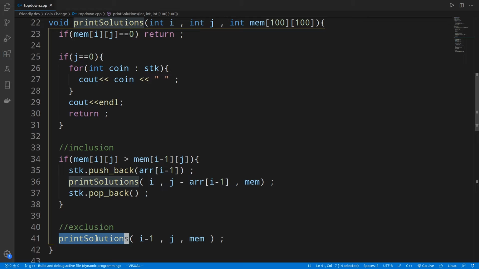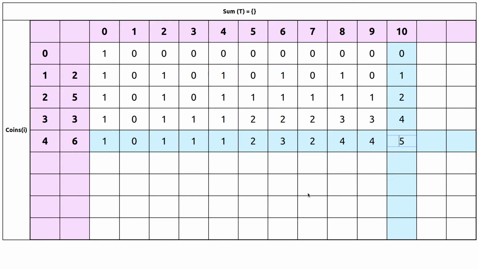So we explore the exclusion choice and move on to the previous row. From here again a similar set of recursive calls will be made, where each solution set will not contain 6. Once we move on to the previous row, we cannot include 6. So from this cell, all those solutions will be printed which include only coins 2, 5 and 3, any of those coins.